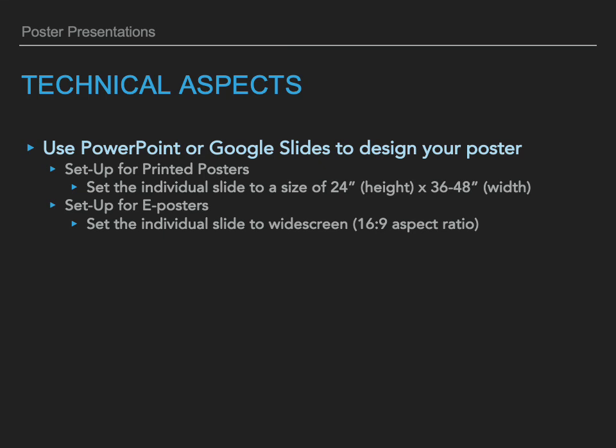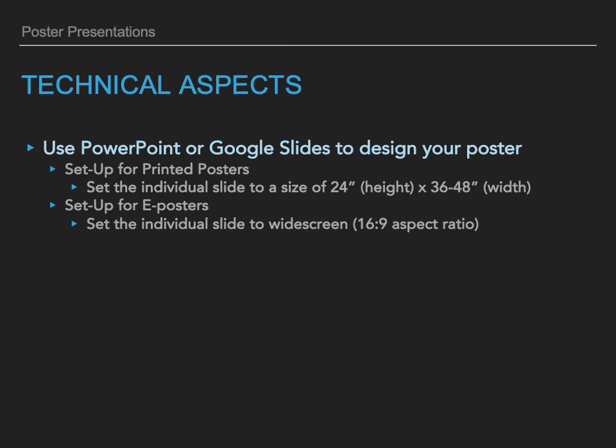You're going to, for a printed poster, set up that slide, that individual slide, to be the size of the poster you're going to print. If you're printing the poster for Virginia Wesleyan, that poster would be 24 inches in height and between 36 and 48 inches in width, depending on how large you want it. Now, if you're presenting a poster off campus, then you have to go with the conference's formatting